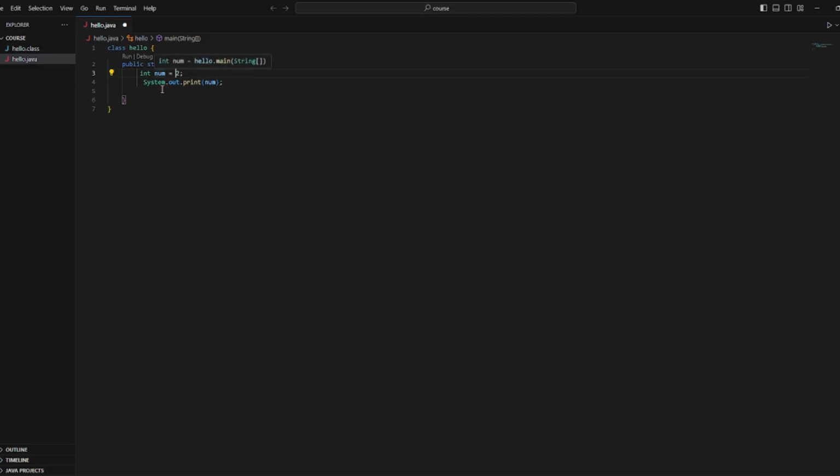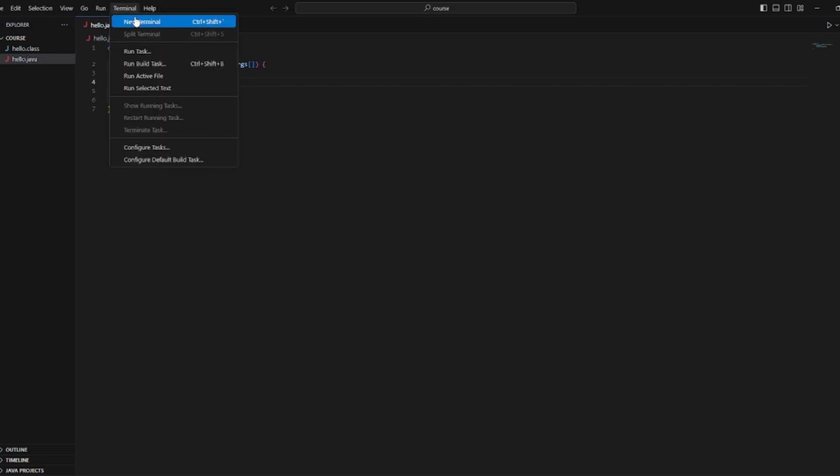Since it is a number, I'm giving its data type as int. Now let's talk about the data type after this execution. And here, with the same syntax we used for printing hello world, System.out.print, I am printing the variable now. Now open the terminal.